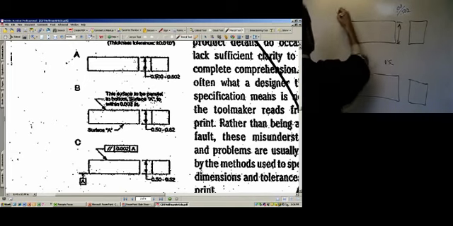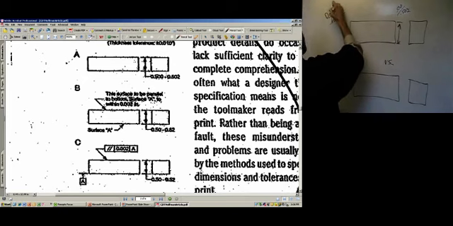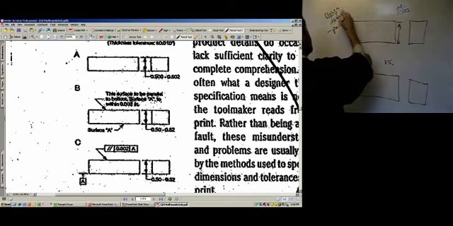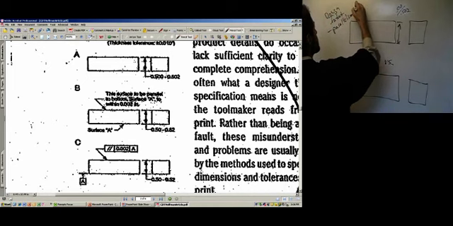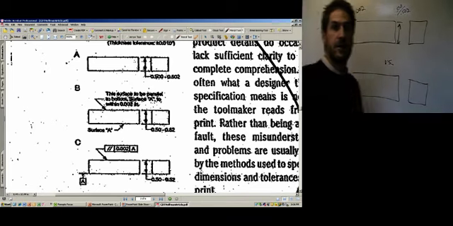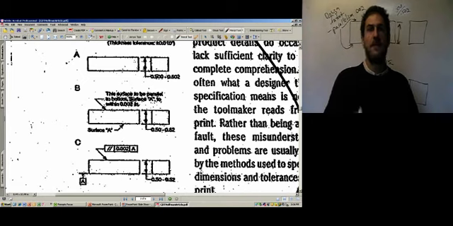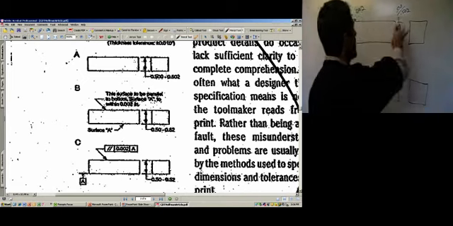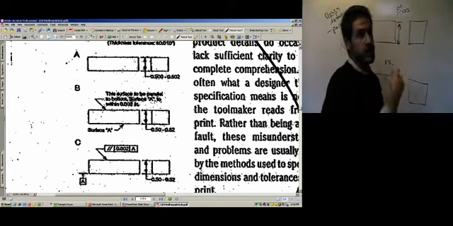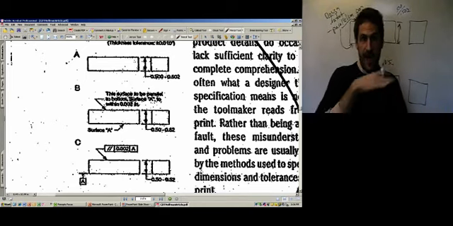So design intent: parallelism from top to bottom, 0.002. The top, the bottom here. So that if you put a plane on the top and a plane on the bottom, they should be exactly 1/2 inch apart, plus or minus 0.001, or within a 0.002 range, and that flat and parallel to each